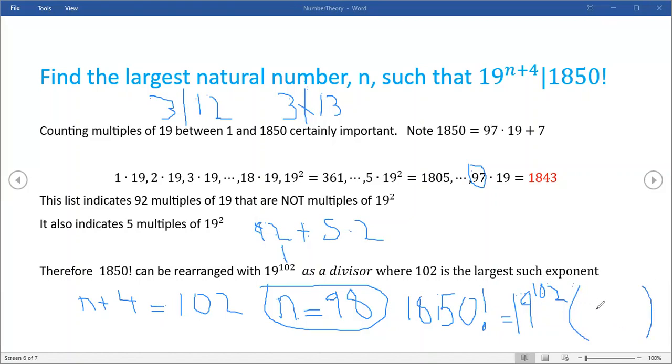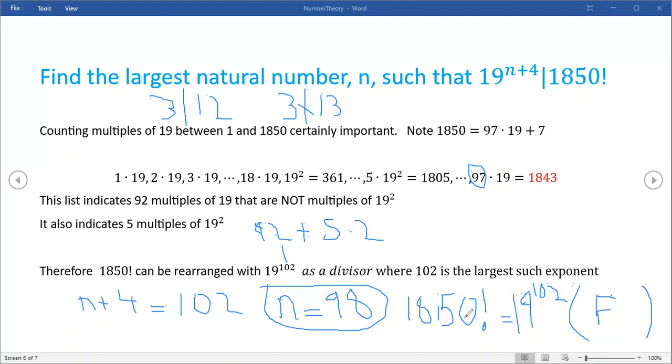So I'll just call that F, for the remaining values. And again, this is not rigorous, but hopefully it's convincing that 19 raised to the 102nd power is the highest power of 19. In other words, it's the greatest exponent such that 19 raised to the 102 is a divisor